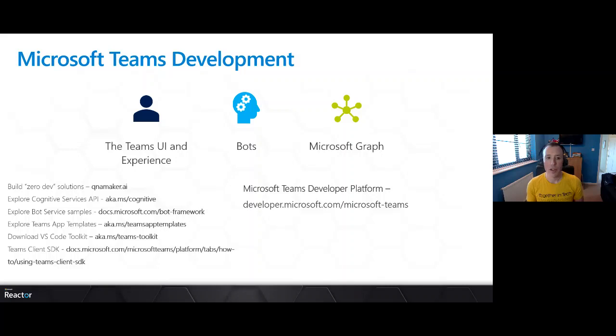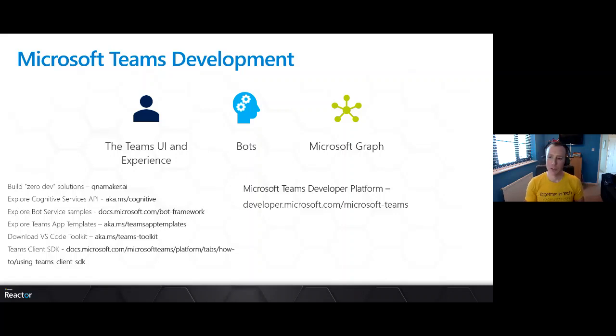So if you haven't already built apps for your organization, for your team, you really should. Why haven't you? There's lots. I put lots of links on this screen, and there's links sprinkled throughout the slides as well. There's loads and loads of tools out there to help you. Go and build something this week. Try and build something today.